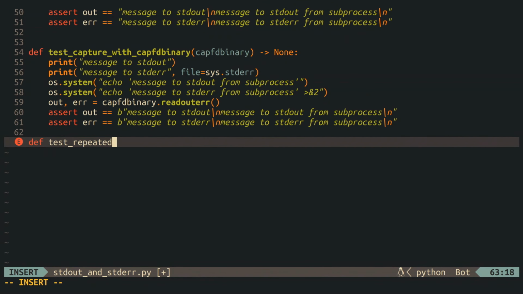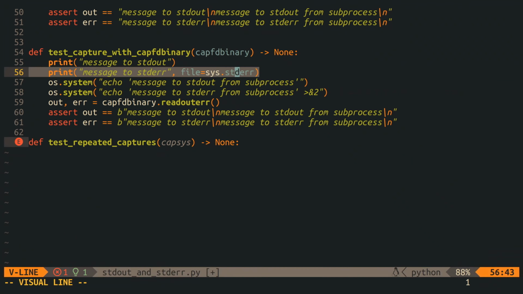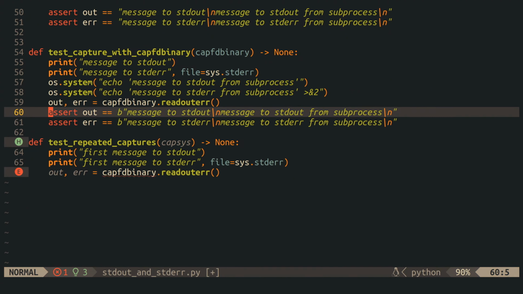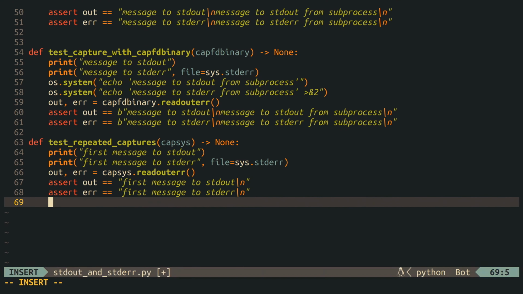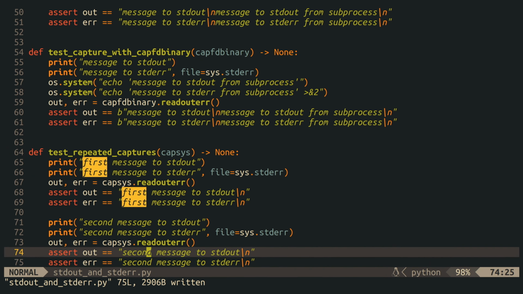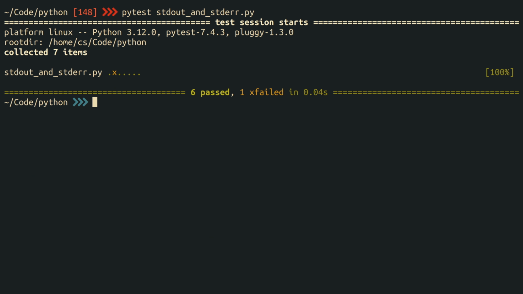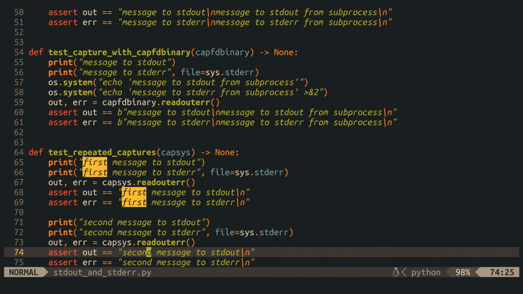The very last point I want to make is that you can also call the readouterr method multiple times on your fixture, and each time you call it, it returns the output that has been captured so far, but it also clears the output that has been captured so far. Meaning if you call it the second time, you get only the output that has been generated since you called it for the first time.